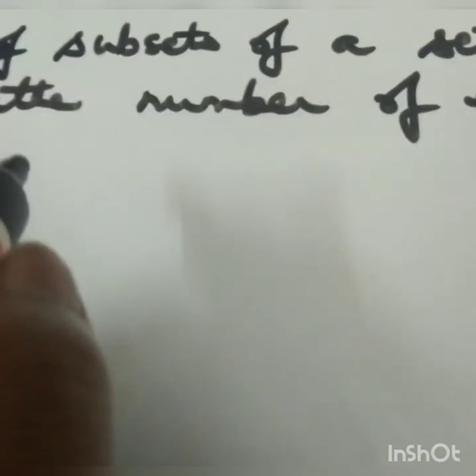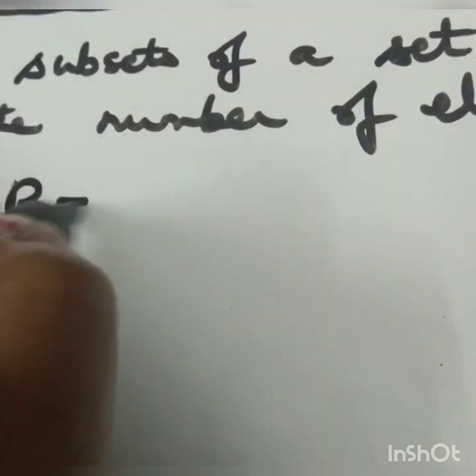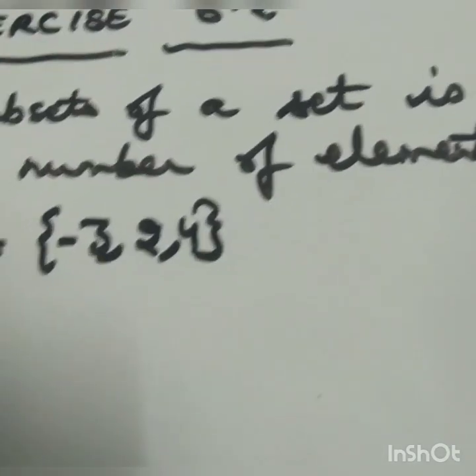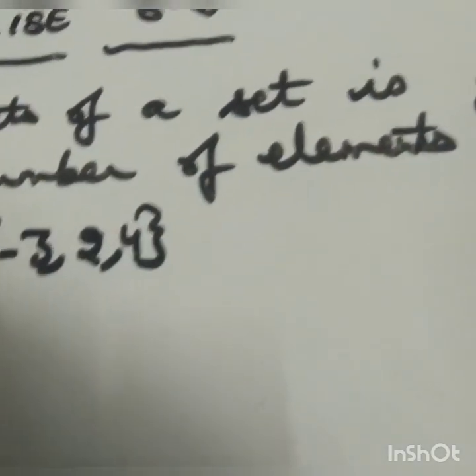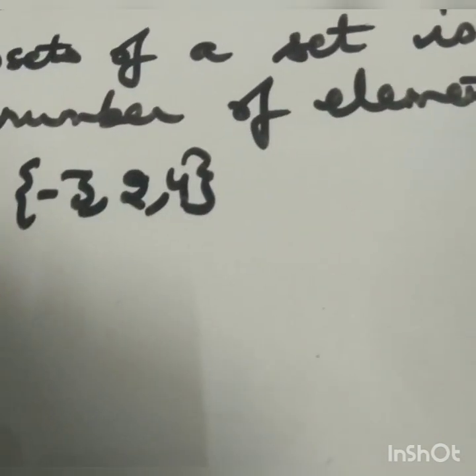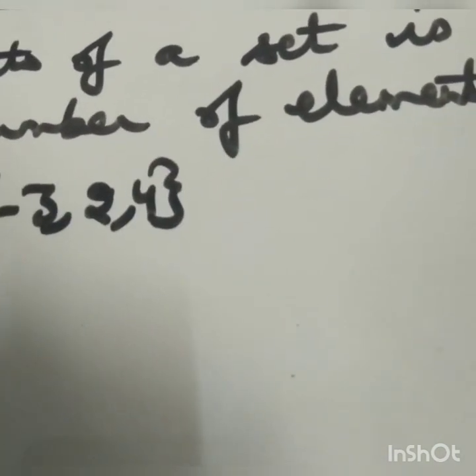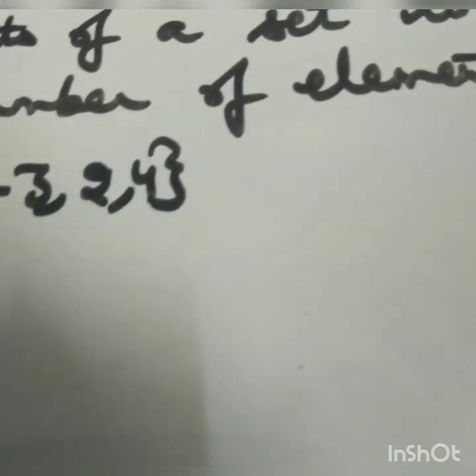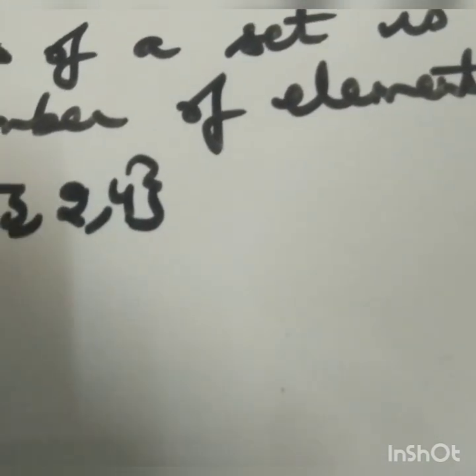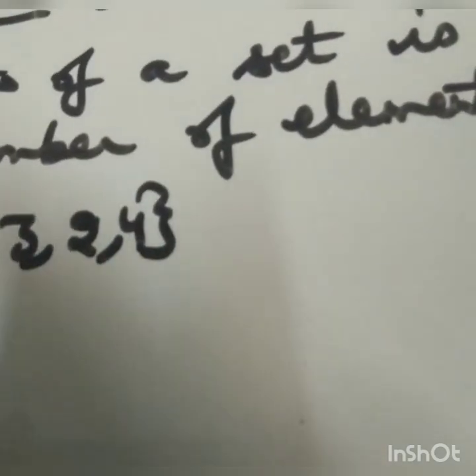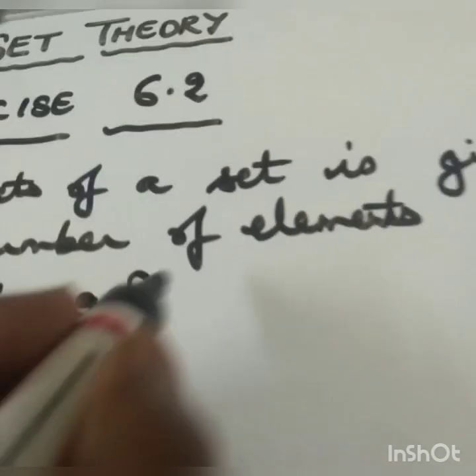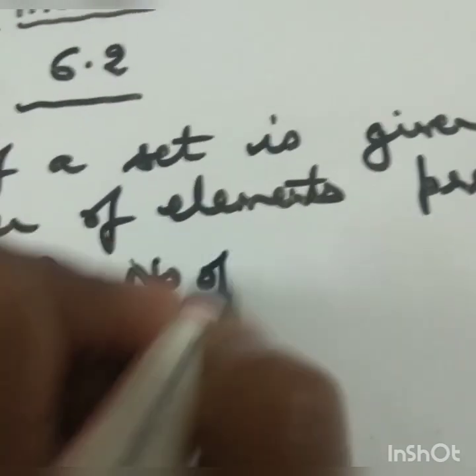Now can you see the question? Set B is minus 3, 2, 4. I hope it is clear. B is equals to minus 3, 2, 4. You have to write down the subsets of B. In fact, the set containing the subsets of B is also called power set. So, I'll write down all the subsets. They have not asked power set. If they ask you power set, then you will have to make curly brackets on both the sides after writing all the subsets. Now, subsets of B. So, number of subsets will be how much?